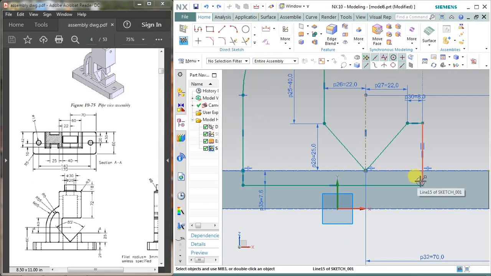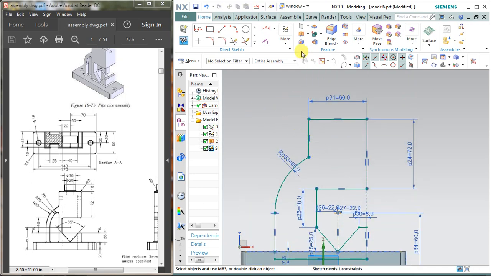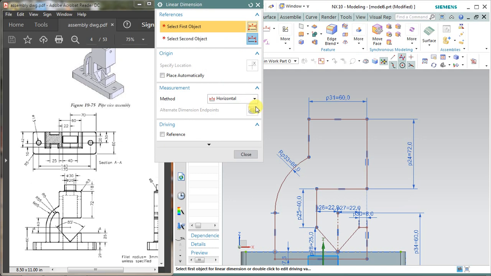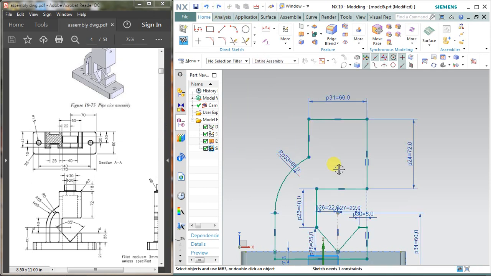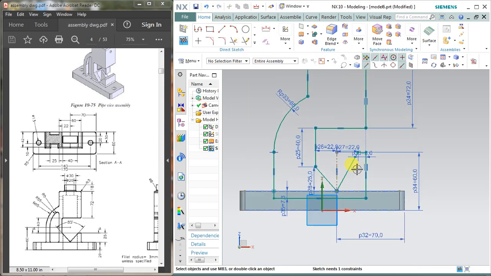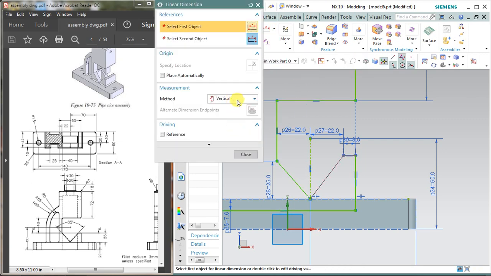Okay, it is also vertical. Select vertical, and it is getting over constrained. Okay, I found the mistake. Select linear dimension, select vertical, this point and this point should be 25.